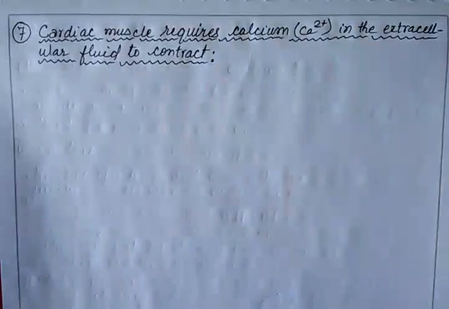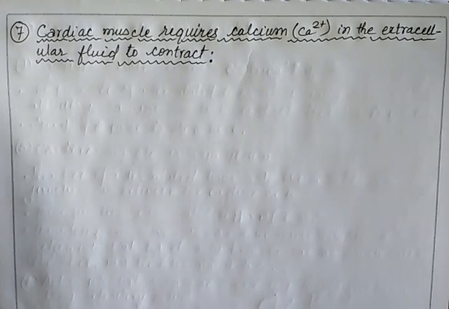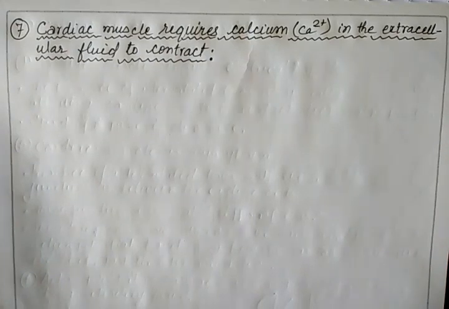So cardiac muscles ultimately हम इस स्टेज में कह सकते हैं cardiac muscles को contract and relax करने के लिए कैल्शियम जरूरी है. Calcium is needed for the contraction and relaxation of the cardiac muscles. Not only the cardiac muscles, for our skeletal muscles also calcium is needed, isn't it?